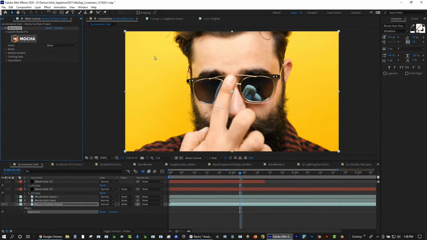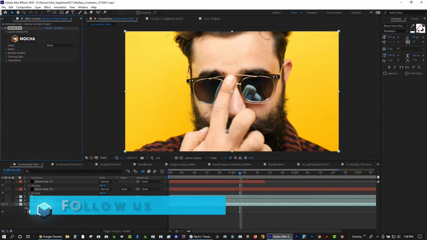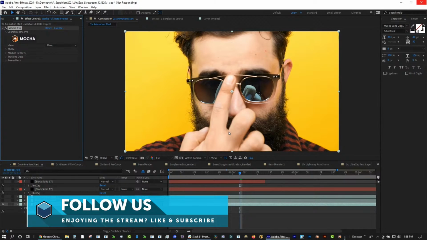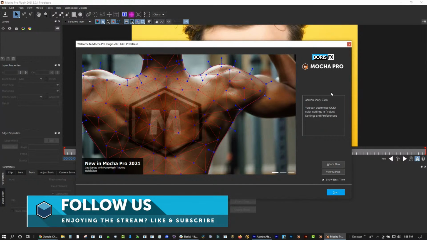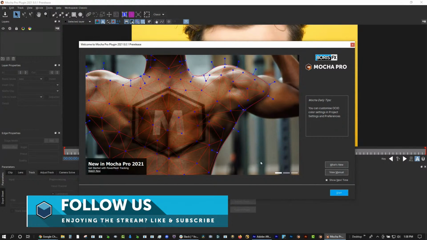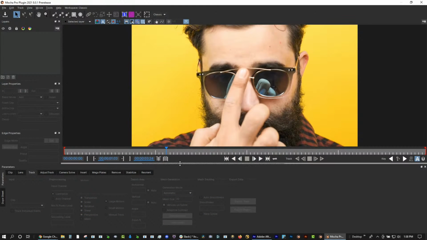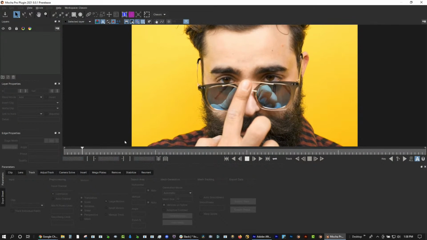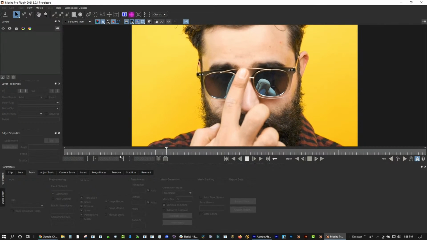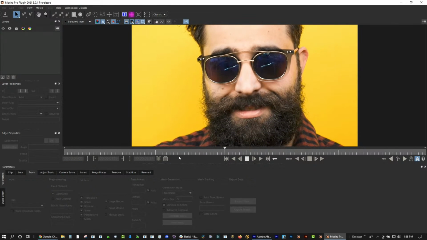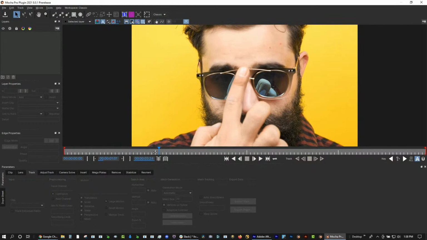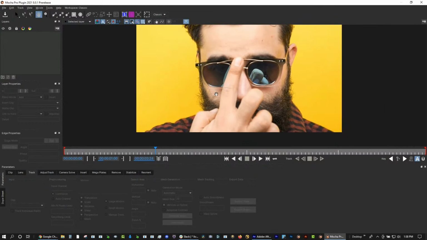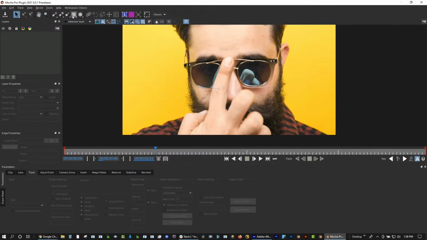To get into the Mocha interface, you basically just hit the Mocha button. It will take a second. Just bear with me for one second. And you're going to see here that this is Mocha 2021, which just shipped very recently. And Mary, after this demo, is going to be showing you some deeper Mocha tips, and probably cover PowerMesh as well. But I'm going to show you how we might rotoscope and start creating some interesting